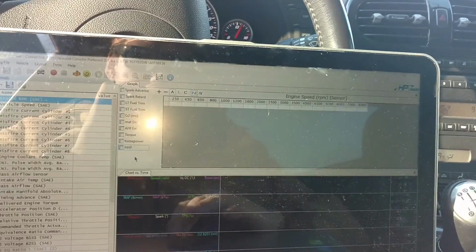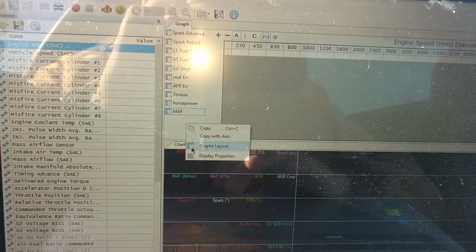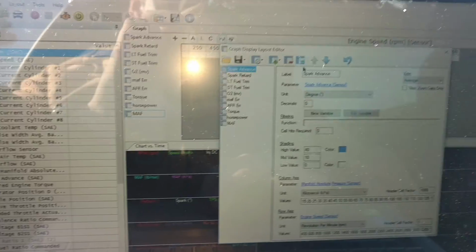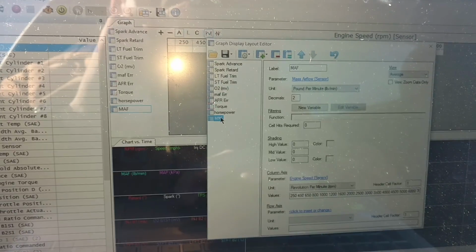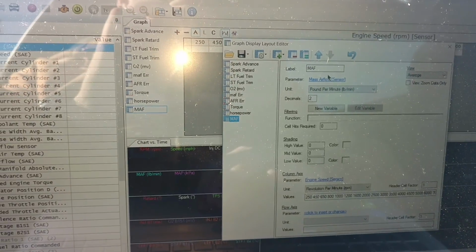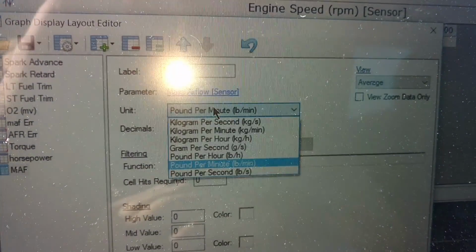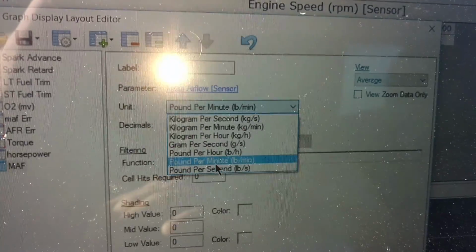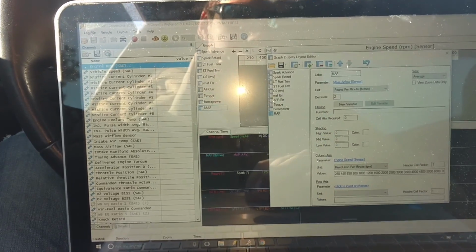So the first thing you want to do is go in your histograms, layouts, or graphs, whatever you want to call it, and go down. This one's called math, but it's just because you're using the mass airflow. Make sure that you know what unit you are using. I log pounds per minute, so I'm using pounds per minute. And then if you go into my tune,